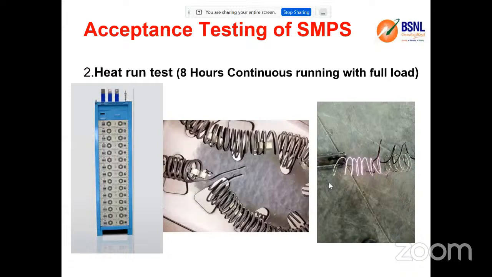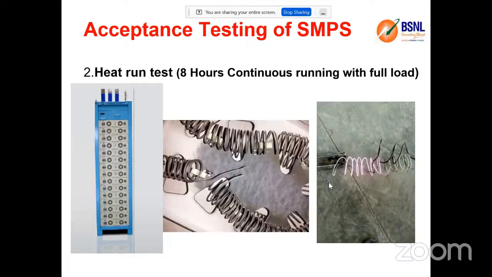As I said, we first test the SMPS power plant with the help of artificial loads, called a heating coil. This heating coil acts as the load, so they switch on the SMPS power plant and do all the measurements and testing. They do not directly connect to the telecom equipment, because here we can change the load by varying the length of the cables. So it is an artificial load, and with its help we can test.